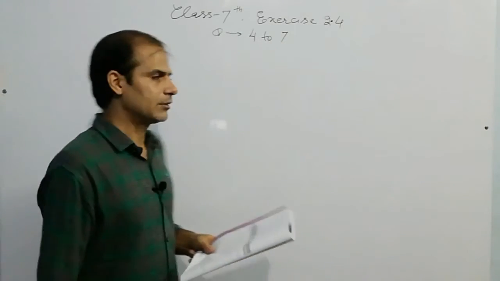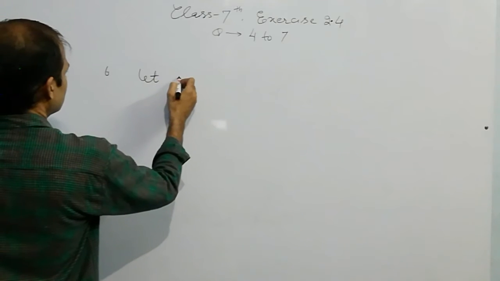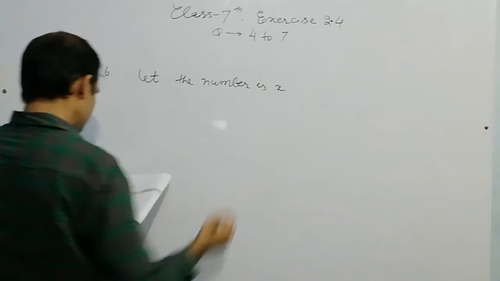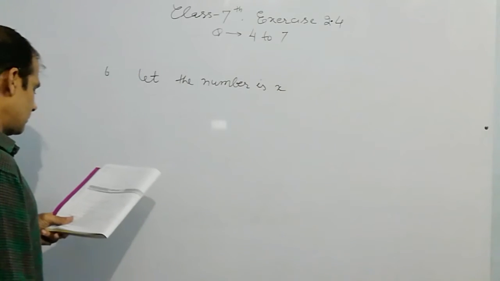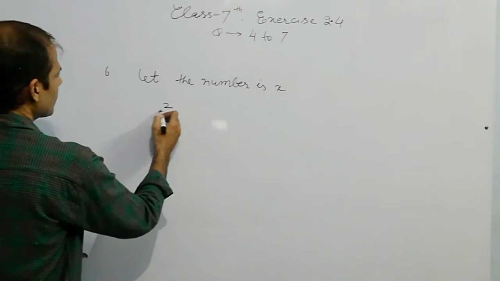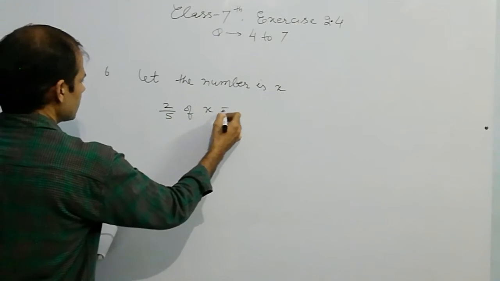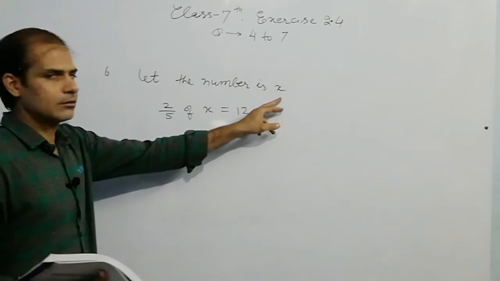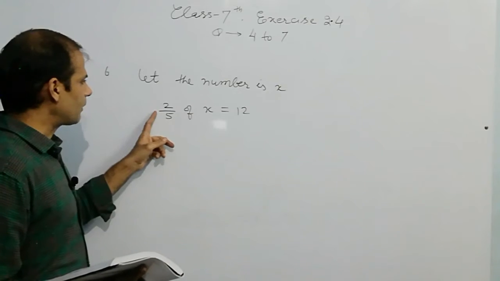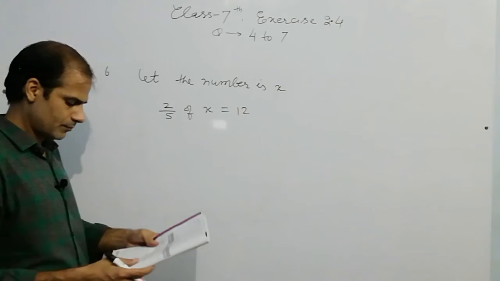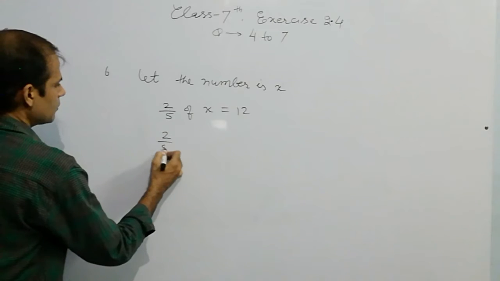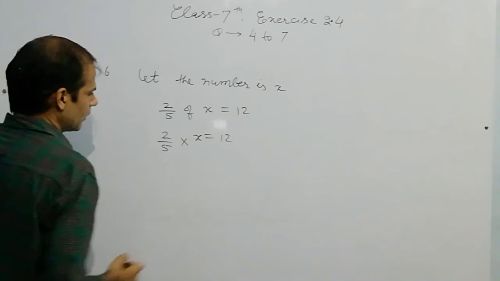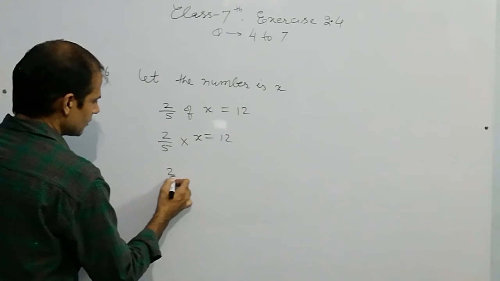Find a number such that, so let the number be x such that its 2/5. 2/5 of x means equal to 12. Listen again. Find a number. So this is the number such that 2/5 of this is 12. As you know, of is converted into multiplication, and x is 12. And listen, it is 2x.